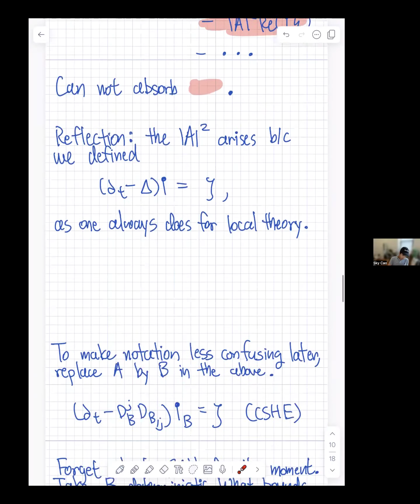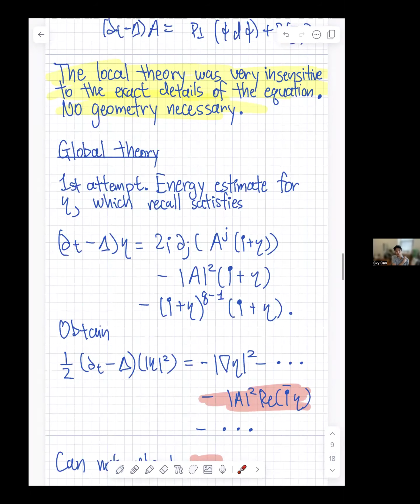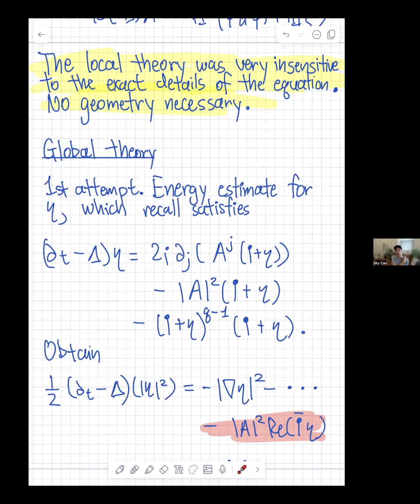So as a first attempt, what's one general approach for doing global theory? You just try to do energy estimates, which kind of means you try to compute the evolution of your solution and try to bound the growth of, say, the norm of your solution, or the norm squared. And so let's just try to do that. That's what you would do in the deterministic setting. But we're going to have to do it for the remainder because